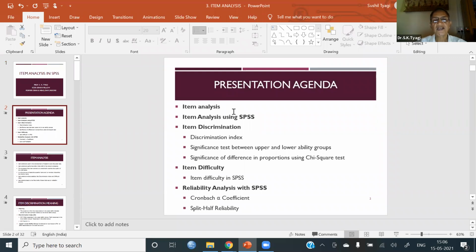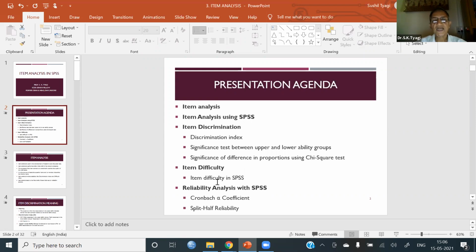Especially, we will be seeing how item discrimination is calculated using a variety of approaches like finding the discrimination index, comparing the upper ability and lower ability groups using t-test, and comparing the proportion of right responses using chi-square test. These are the three different approaches which we will be using.